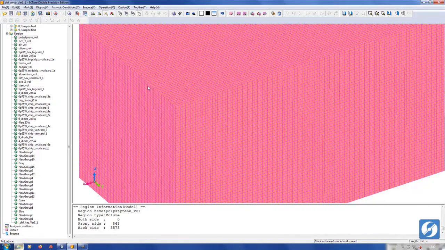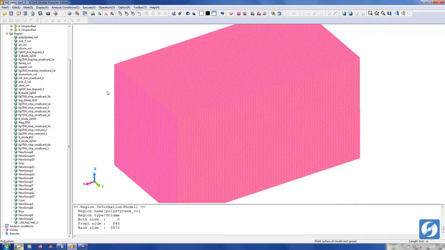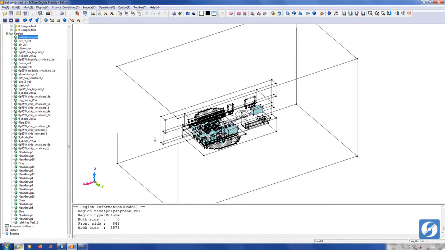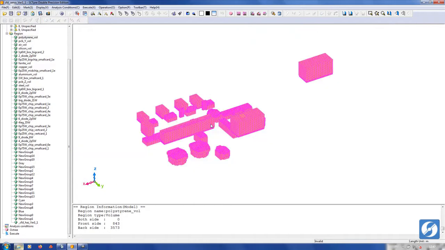But I want to show you something that will further speed up the process and provide some backup if I mess up the element sizes. I can log the manual mesh refinement process and play it back later on. I give the log a name, do the manual mesh refinement and stop the log recording when the polystyrene is done.